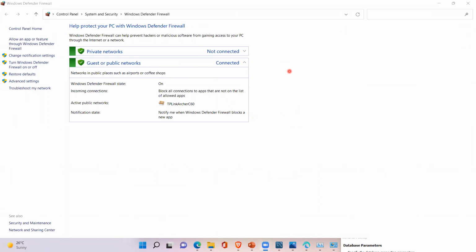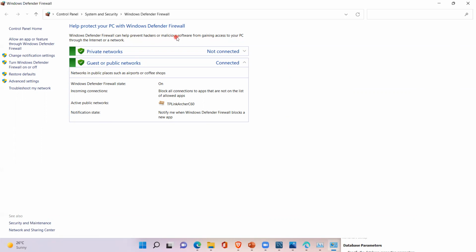Windows Security. See the description here. Windows Defender Firewall can help prevent hackers or malicious software from gaining access to your PC through the internet or a network. What is meant by malicious?